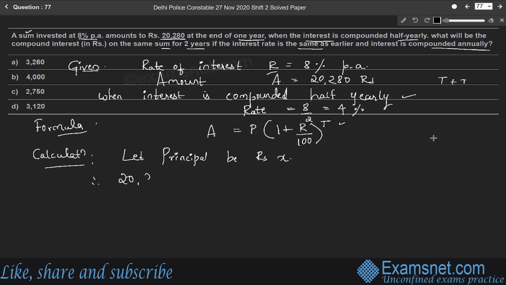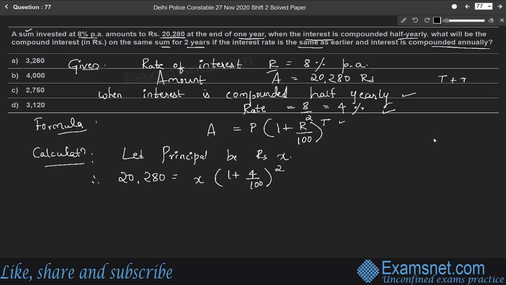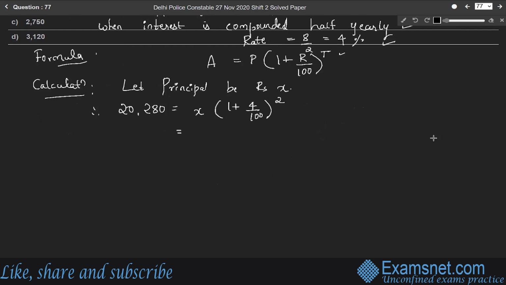Therefore, 20,280 is equal to principal X into 1 plus, since the interest is compounded half yearly, rate becomes 8/2, that is 4%, 4/100 to the power of 2. Right? Therefore, simplify it. So X into 104/100 to the power of 2 is equal to 20,280. Right? Therefore, X is equal to